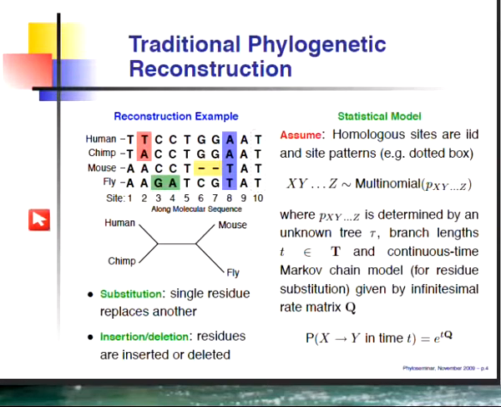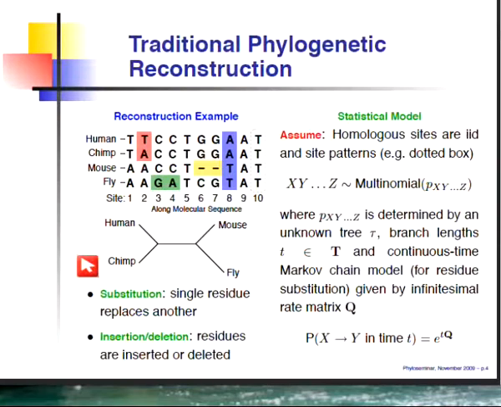And from an intuitive perspective, we might suspect that in the unknown tree that relates these sequences, the human and chimp would be most similar to each other, since they differ at only one site, labeled in red here. There's an A to T transition. Actually, that's a transversion occurring. Whereas in this tree, we might think that the fly is the most distantly related from the other 3, given that it differs in several different locations, namely those in green. And so the branch leading from the fly to the rest of the taxa, we might suspect would be a lot longer than the other things.